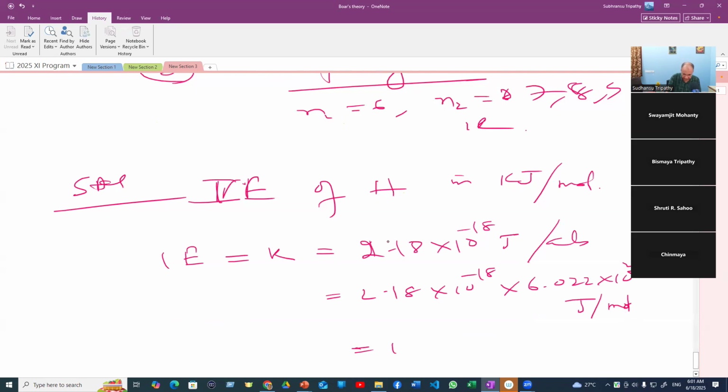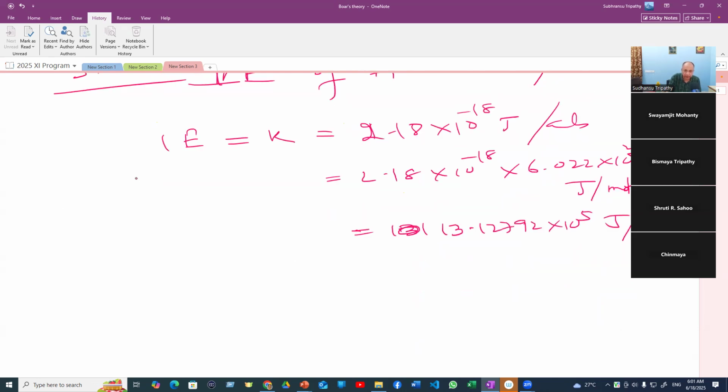It will be, I think, 1300 something. 13.12796 into 10 to the power 5 joule per mole. So if you convert it to kilojoules, then it will be 1312.79 into